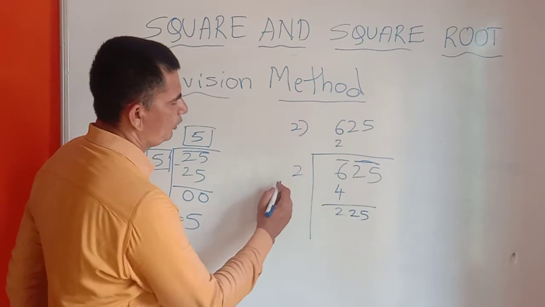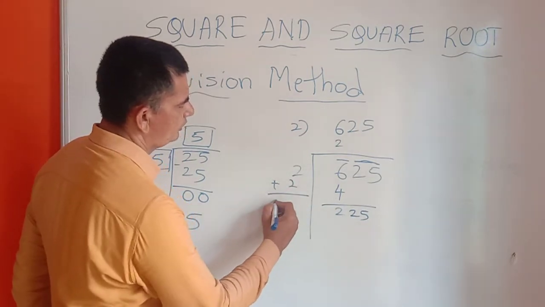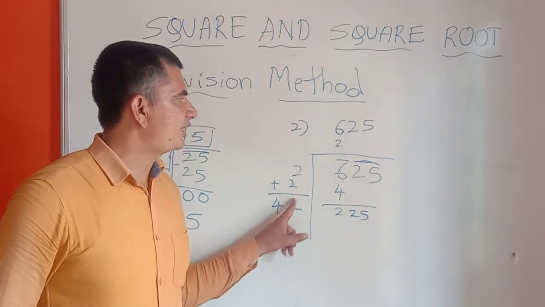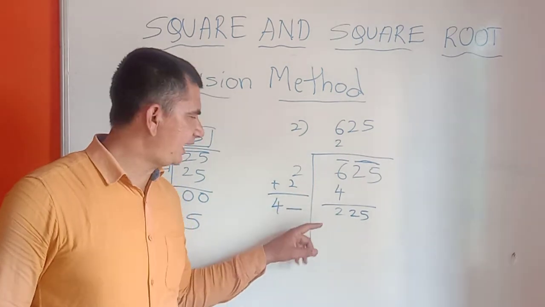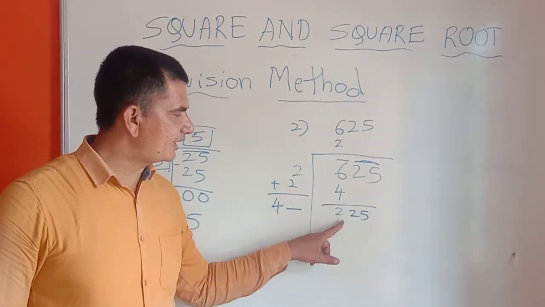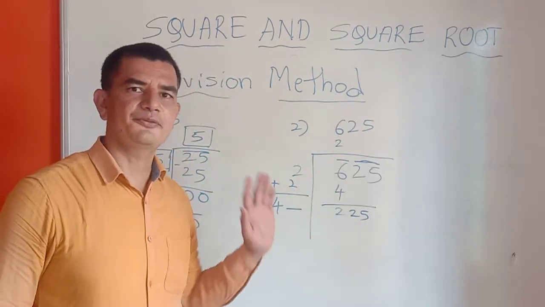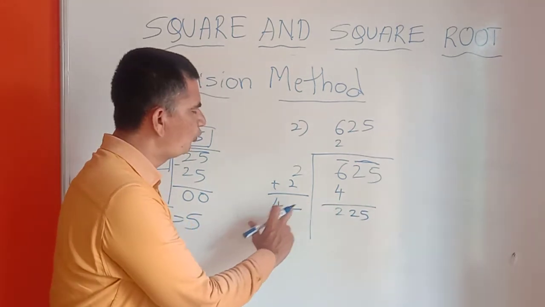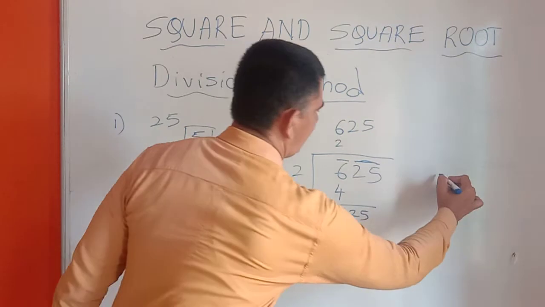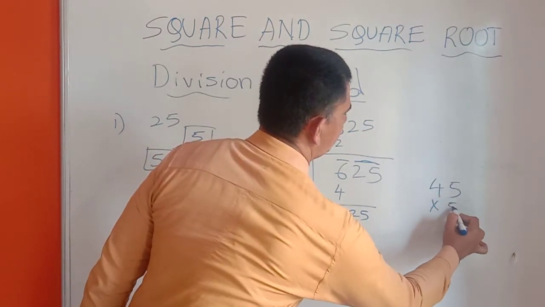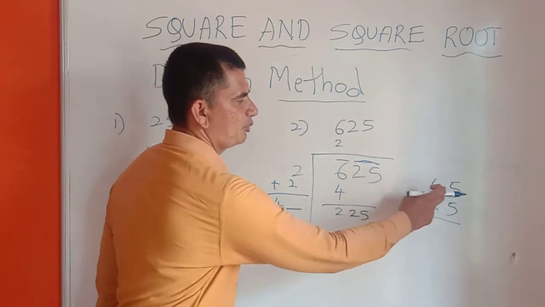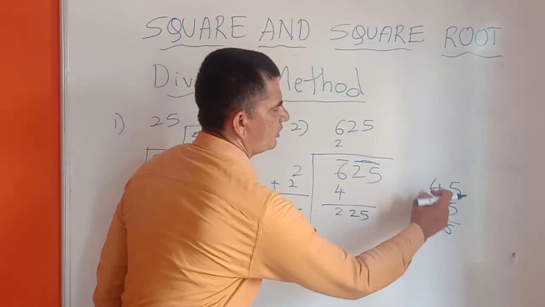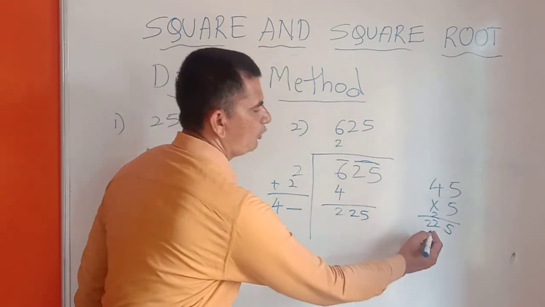Now this number we have to add here: 2 plus 2, 4. We have to leave one place blank here, so that whichever number we write here, we multiply by that same number, and we have to think that the result is nearest to this number, or the same number should come. If you put 1 here, 41 1s are 41. This is a small number. If you take 2, 42 2s are 84. It is also small. So if you check in rough, if you take 5 here, it becomes 45. We have to multiply by the same number, meaning 5 only. 5 5s are 25, 5 4s are 20, 22. So we got the same number.